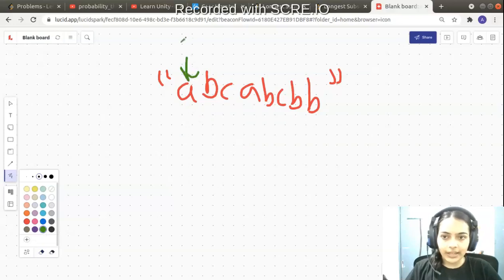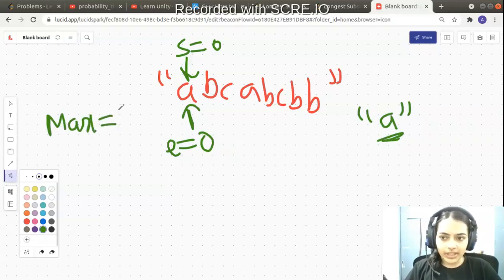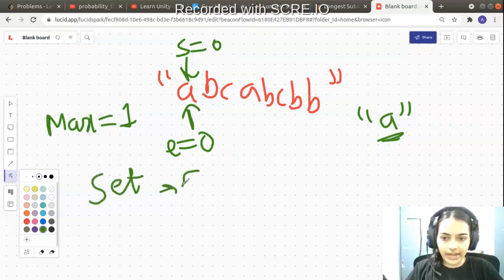So let me start from the beginning. So initially S is corresponding to 0 and E is also 0 because we are pointing towards only the first element. Now I see that this is a substring which is just simply A. Now this substring A is having the length 1. So let me store a variable max that is going to store the maximum length of the substring that I've seen now. So now max will become equal to 1 because I have found a substring A which is consisting of unique characters, and let me store them in a data structure which is set. So I will store this character A here.